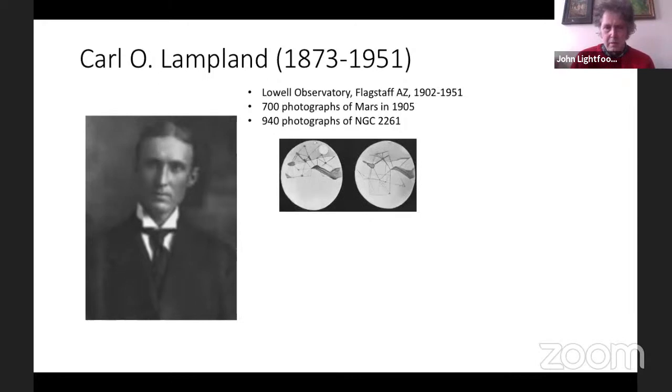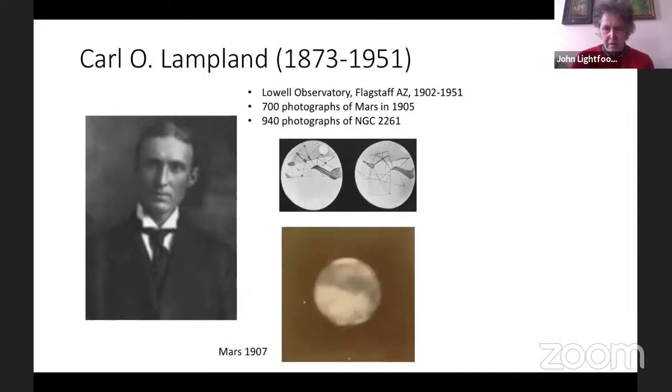So here are some old drawings of the canals of Mars. Here's one of Lampland's photographs of Mars, which he took in 1907. I've seen a couple of them on the web, on Wikipedia, and they're actually rather impressive. I think they're pretty much as good as anything I saw on Sky at Night in the early 1970s with Patrick Moore.